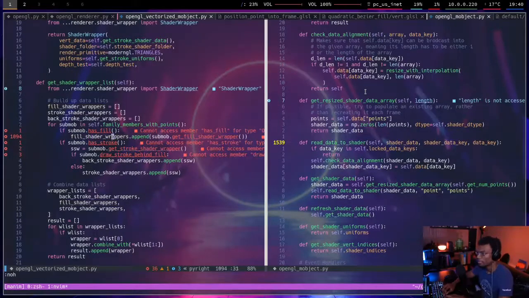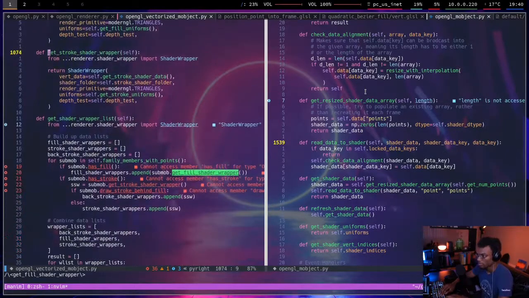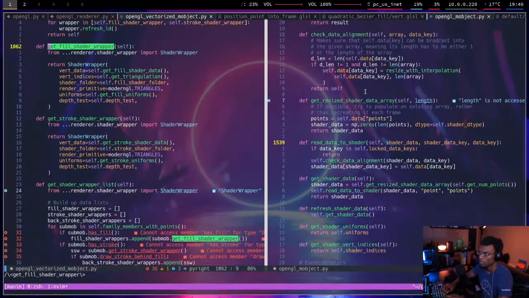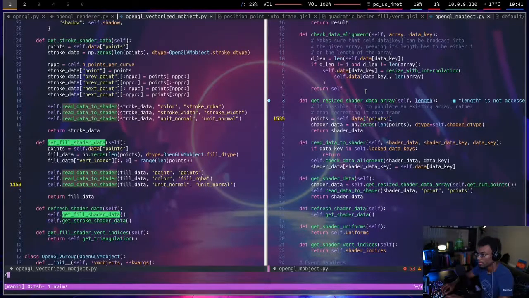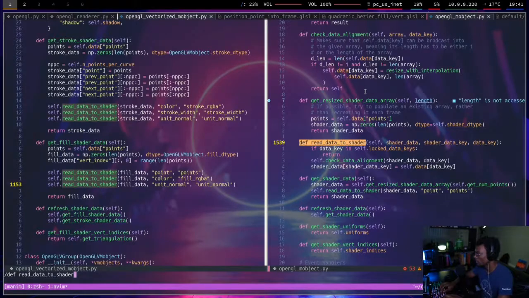And when I get the fill shader wrapper here, then I'm going to get fill shader data, and this is where the unit normal is written in. And I think this would be something kind of sloppy. Where I'll say